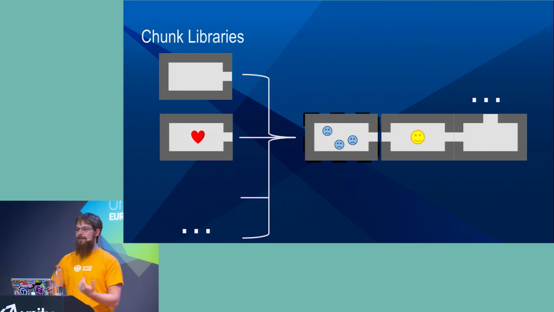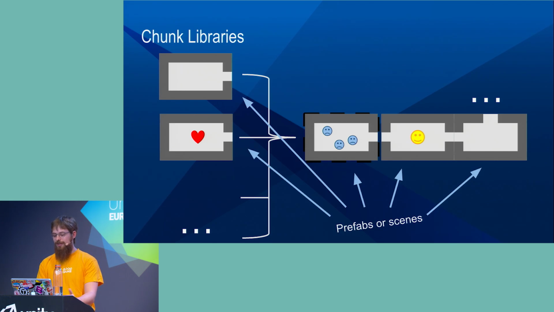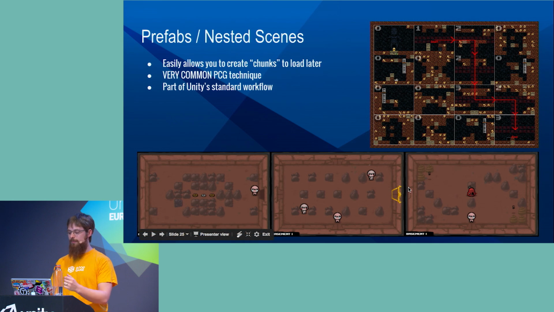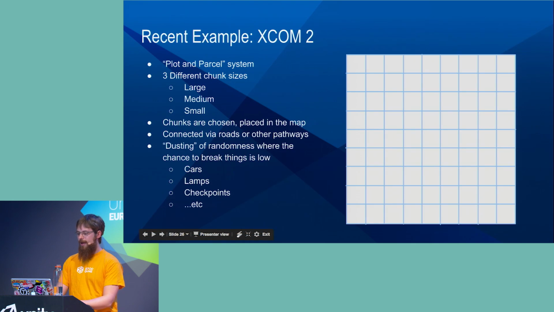And what's really nice is that if you're a Unity developer, you know that these could easily be different prefabs or different scenes that you just throw into your level generator and you move on with your life. And this is actually an incredibly common technique for games that use PCG level generation, because it's really hard to make sure that something looks good every single time when it's randomly generated. So if you know that all of the individual chunks are good, and you know that the algorithm that stitches them together is good, then you know that everything's going to mesh well. There's a lot of games that use this technique, like Spelunky and Binding of Isaac and a million more,